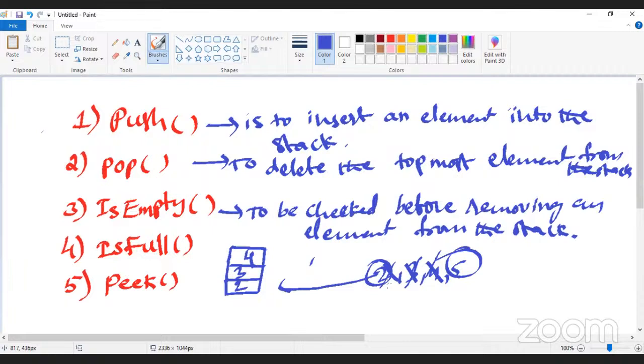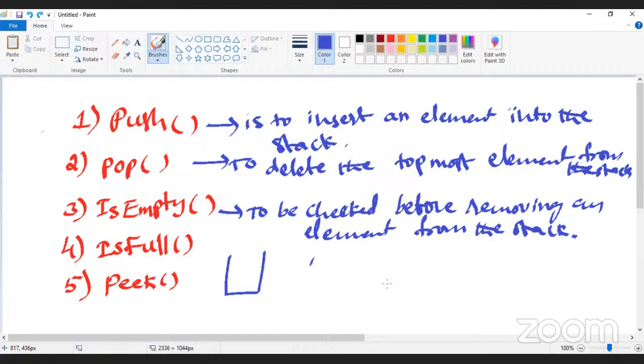No. Now we will see what we mean by peek. What do you think about this peek operation? To view the topmost element of the stack. Exactly. Peek is the operation used to get the value of the topmost element